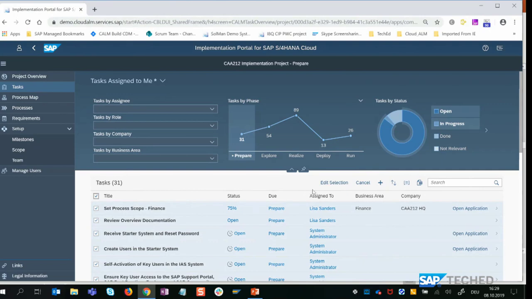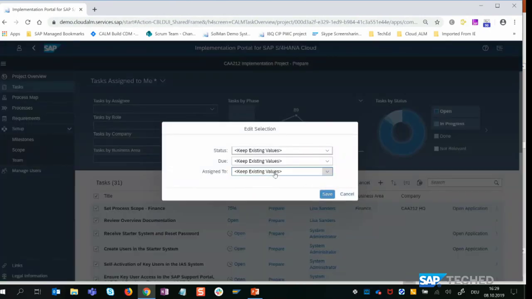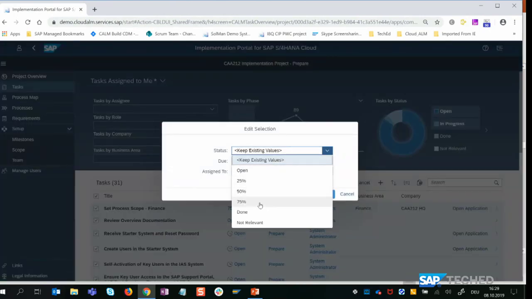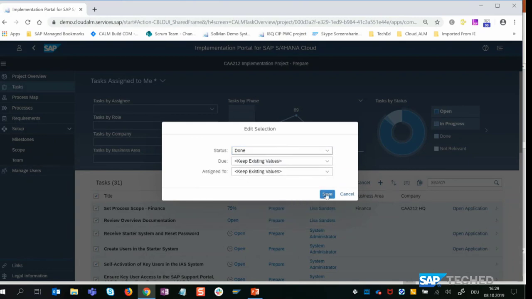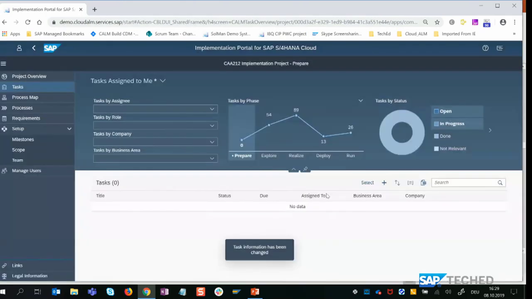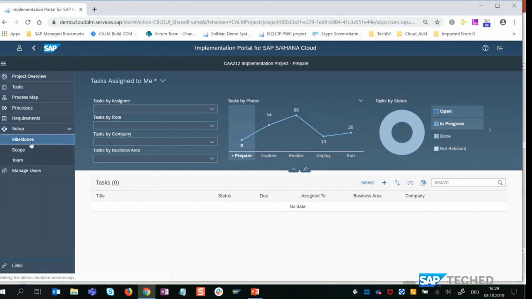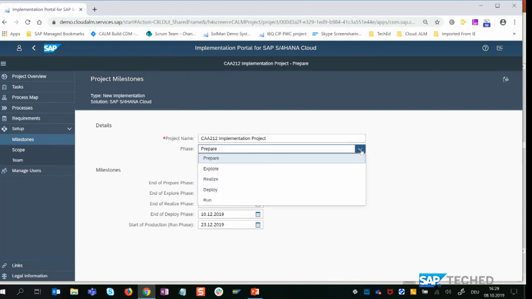We also have a mass edit here. We can edit this selection and say all these tasks are done. And if we want to start the new phase now, we can set the project phase to explore phase.